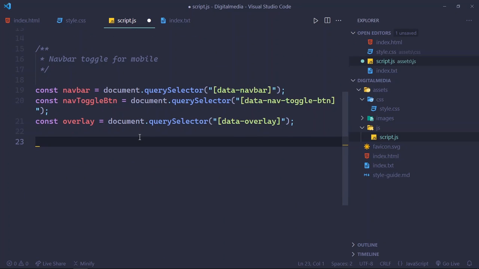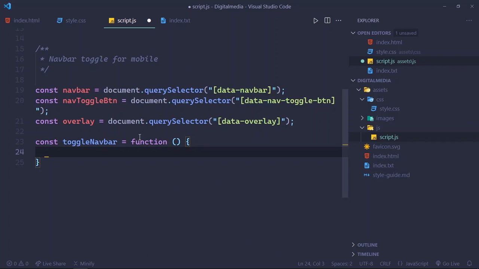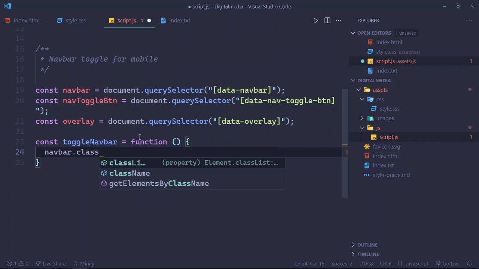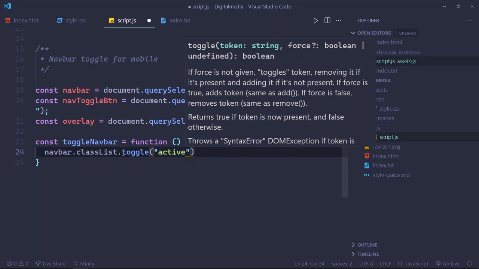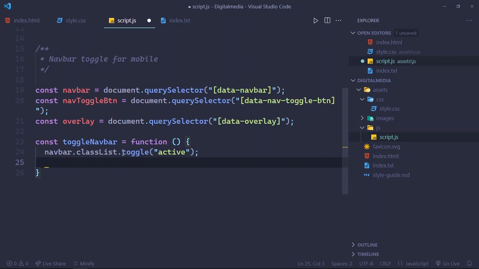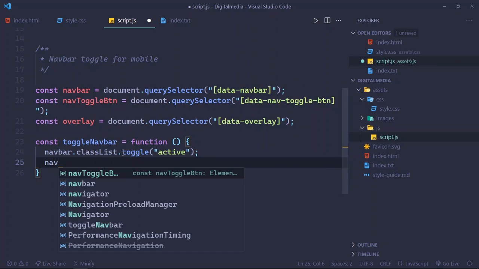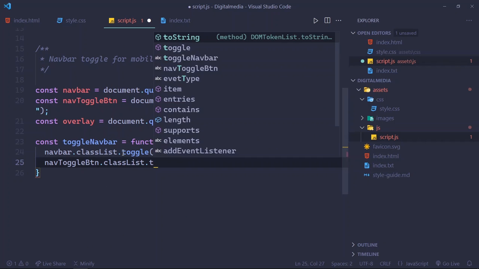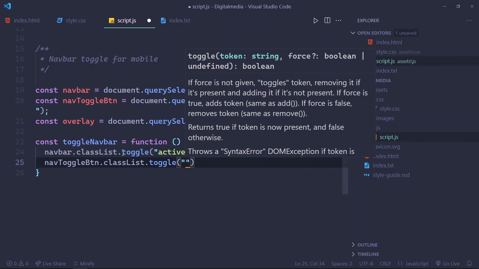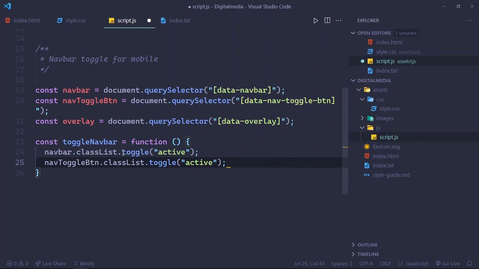Let's initial a function name with toggle navbar, and inside the function navbar dot class list, which is this navbar dot toggle and active, and also active for the nav toggle btn, nav toggle btn dot class list dot toggle active, and also this is for the overlay